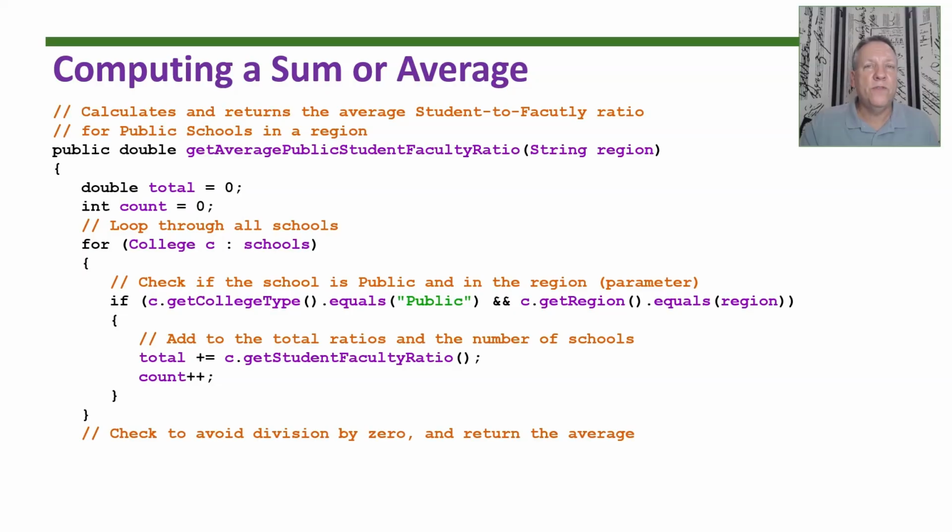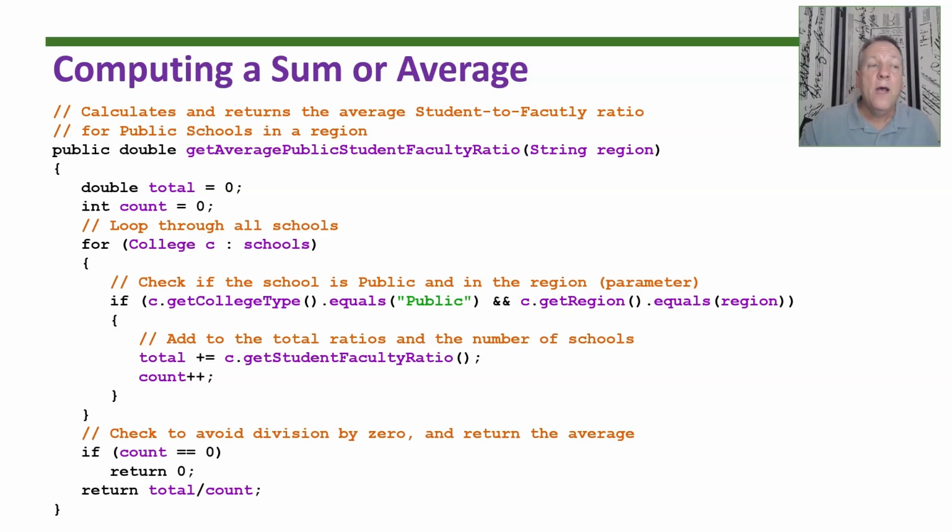Finally, after the loop is done, we want to return the average, but you have to be careful here. Maybe there are no public schools in a particular region. So I want to make sure that if my count is 0, I'm just going to return 0 because I don't want to have a division by 0 exception. Then, assuming it's not 0, I'm going to return total divided by